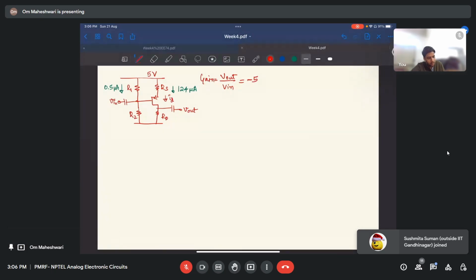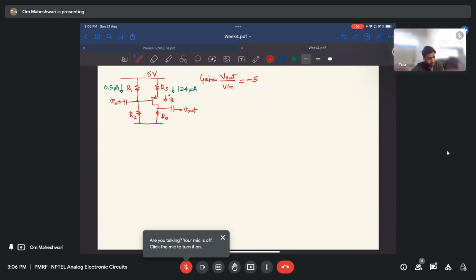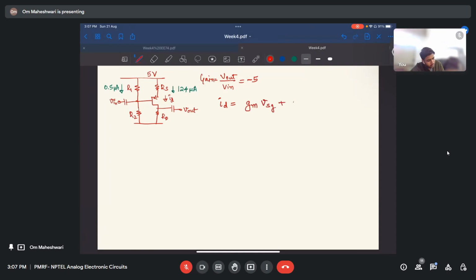So for that, we will use the universal equation that we can get from the small signal model. I have already told you in a few of the previous classes. So it is ID equals GM VSG plus GD VSD, right? If someone is not sure